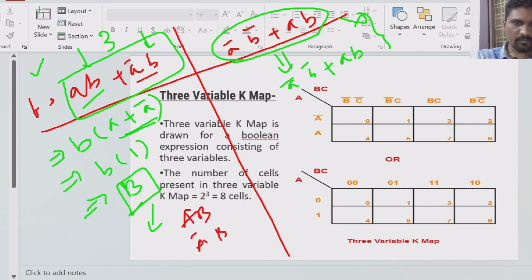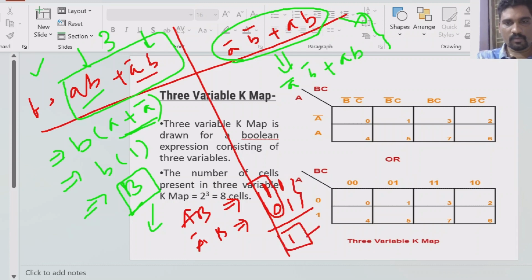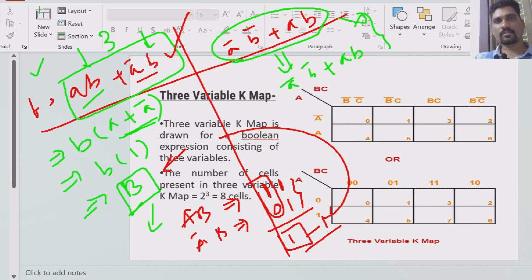We will write in terms of ones and zeros. AB means A equal to 1, B equal to 1, SOP form, right? So 0 1, how many changes do we have? Try to understand. One change, right? Here is there any change? No change, right? How many bits are changing? Only one bit is changing, means it is obeying the cell adjacency. If it is obeying the cell adjacency, we are reducing from the largest expression to the minimum number of variables.